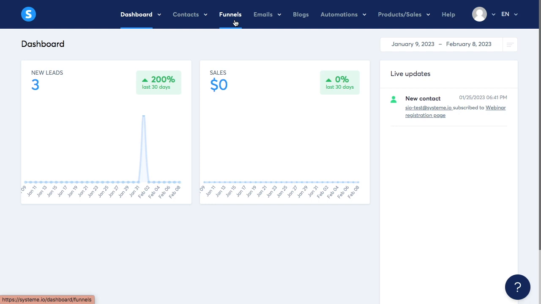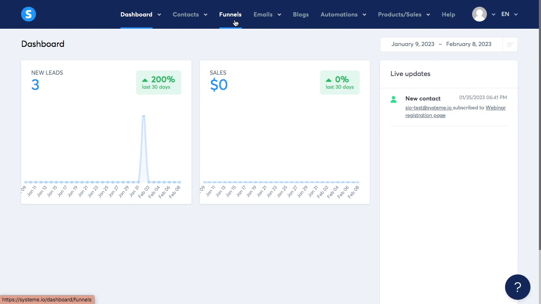Today we're going to learn how to create, modify, and moderate funnels in System.io. So let's start by understanding what a funnel is. To put it simply, a sales funnel is a marketing term used to describe the journey that a prospective customer goes through on the way to their purchase. You will use our funnel feature to build most of your pages, and this is definitely a key feature to